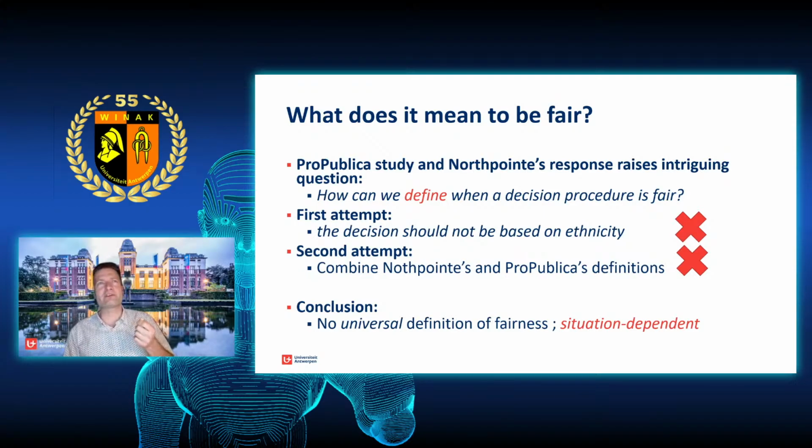How bad is it to miss someone who will get cancer, predict that this person does not have cancer, and not give them the right treatment, versus predicting for everyone that they have cancer, so that I don't miss anyone, but then I'm also not very selective. A similar situation holds here with fairness. It's unavoidable that we will make errors, and it will be a policy decision on what error you want to make.